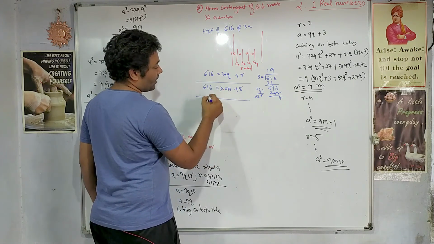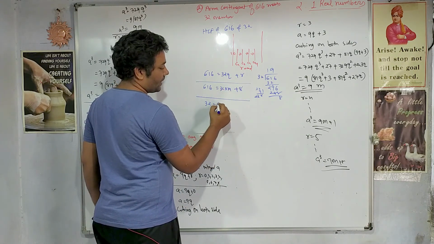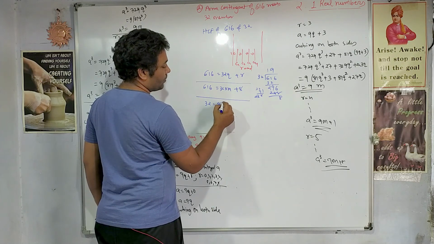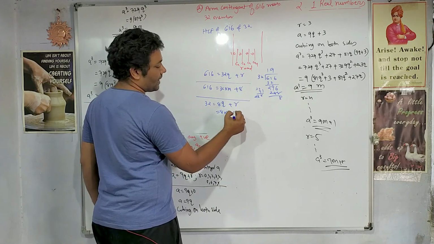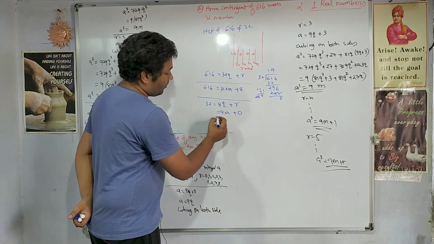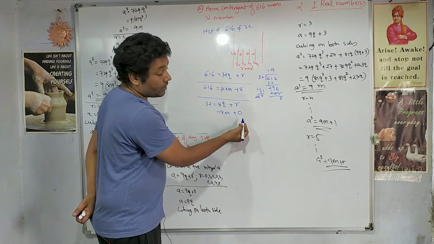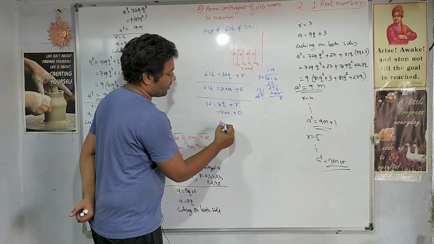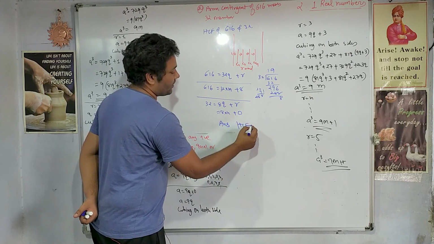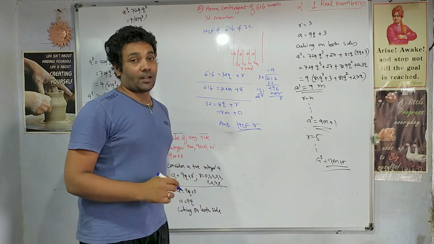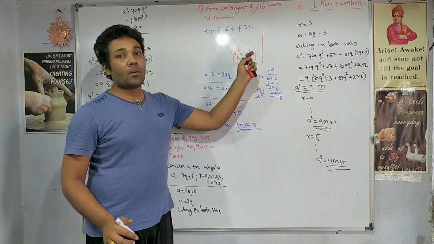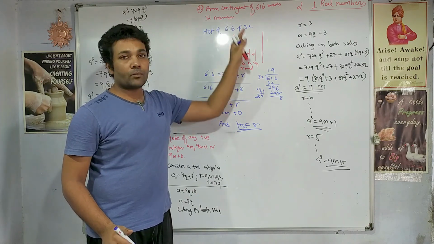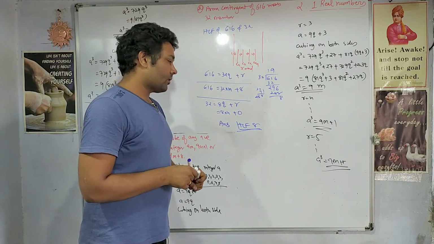Now 32 outside, 8 here, Q plus R, right? So again if we identify, 4 plus R will be 0. So now the remainder is 0, hence your answer is that HCF is 8. That is what the correct answer is. So this contingent must be in the form of 8 columns. So 8 columns will be evenly distributed. Thank you.